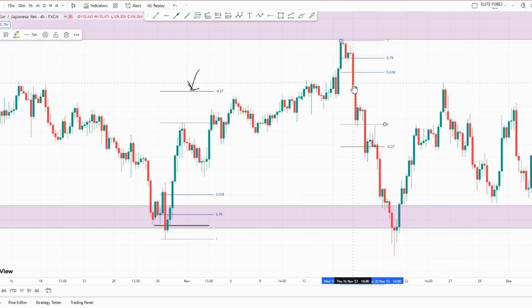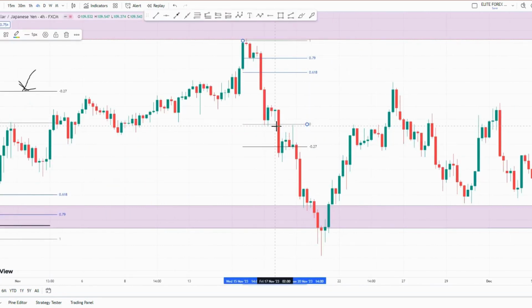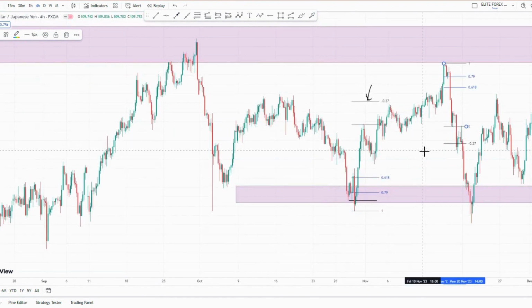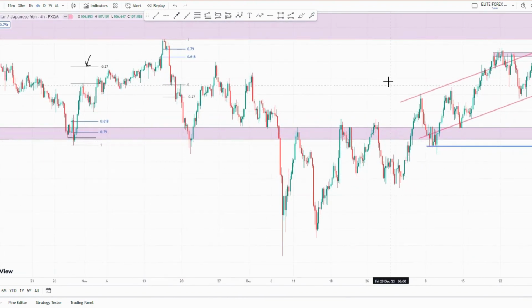The candle was massive. You can see it moved to the point of 0 as usual. There was a retracement at 0.0. This time it didn't get to halfway. So from here, it was massive up to 0.27, and then there was an extension to this point, and then the next move came down lower again, down to 0.618 again. So this analysis is in respect to